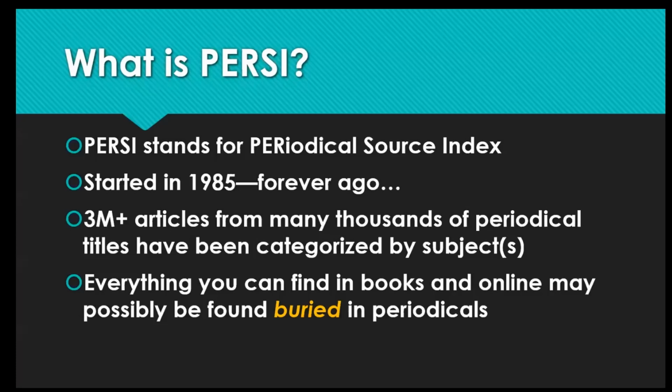This project will be going on forever because people continue to publish in serial form, quarterly, monthly, annually, 6 times a year, whatever suits the society, the organization, or the individual. The Periodical Source Index actually started in 1985. That's like forever ago. We do look at every single article that we index, but yes, it started almost BC,